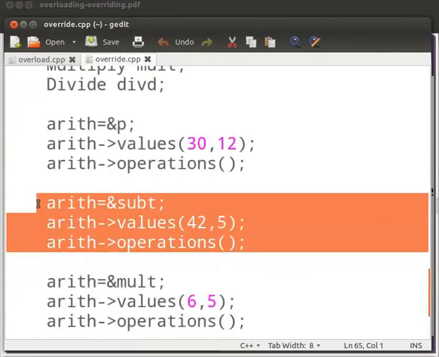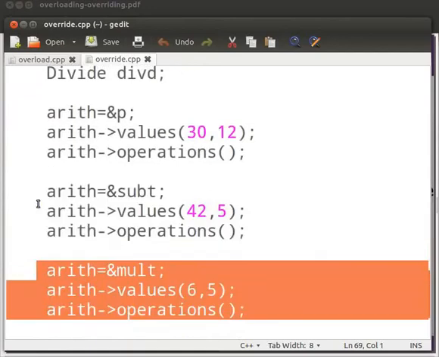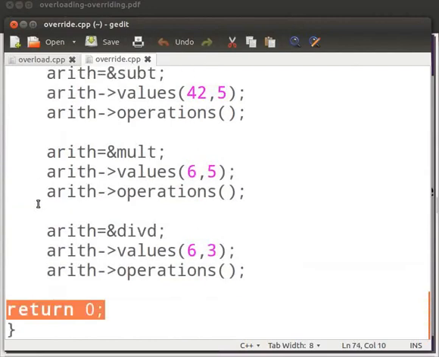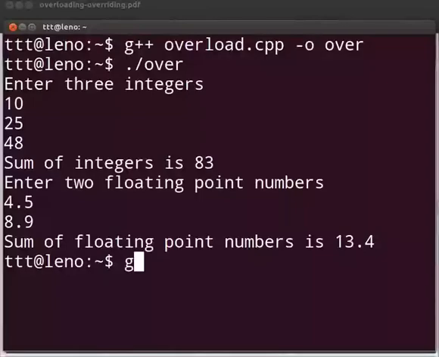This will perform the addition operation. Here we set SUBT to the address of arith and we pass 42 and 5 as arguments. Again we call function operations. This will perform subtraction of two numbers. Now here we set MULT to the address of arith and we pass 6 and 5 as arguments.